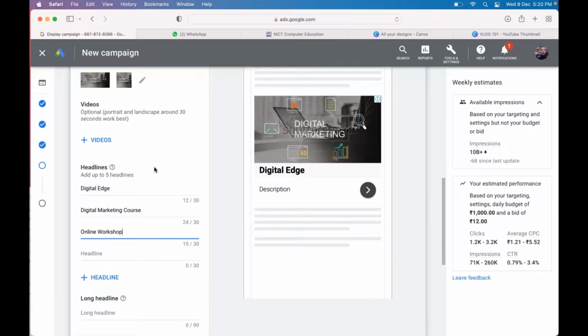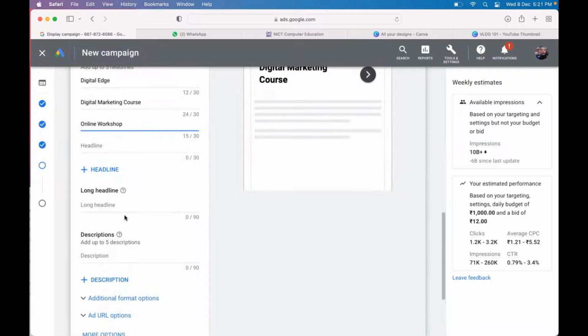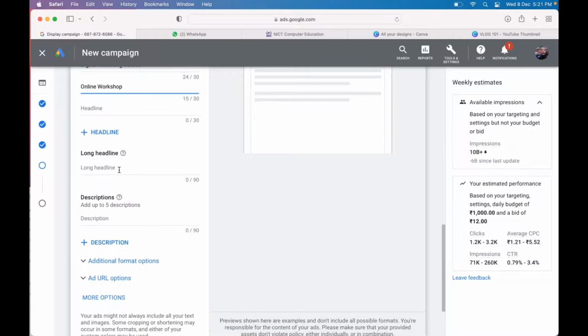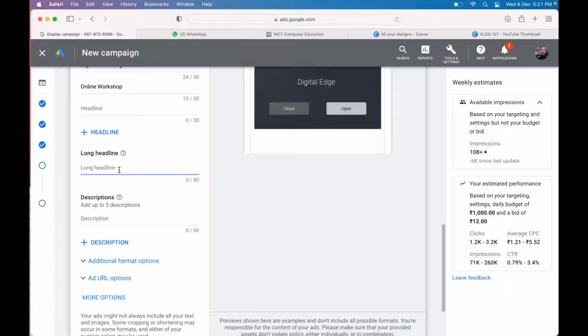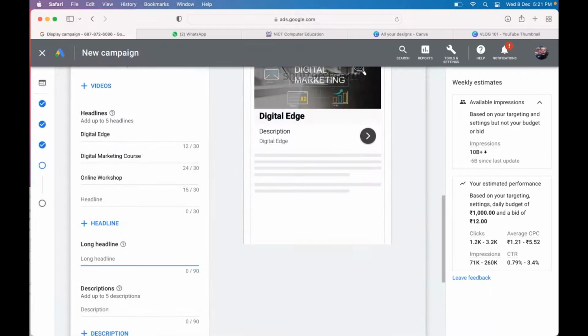So we have the option of adding up to 5 headlines, but for now I've taken 3. Okay, long headline is the number of characters you get here will be more. You get around 30, compared to 30, you get around 90 characters here. So I can use digital marketing, digital edge,